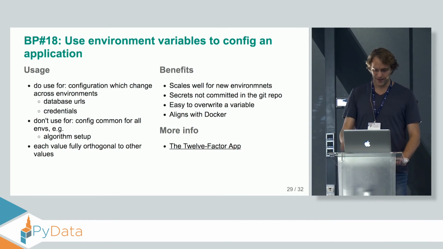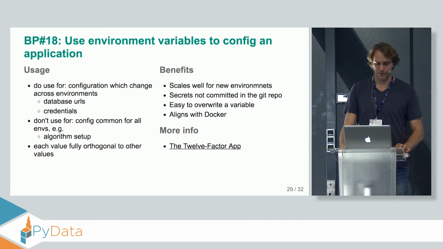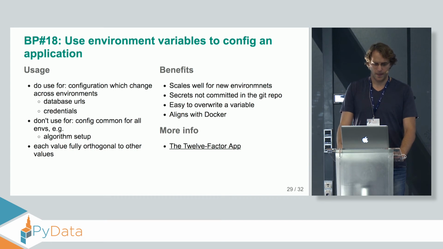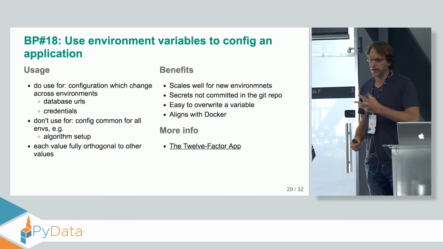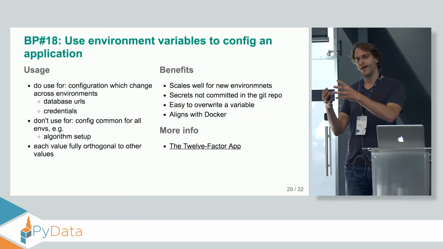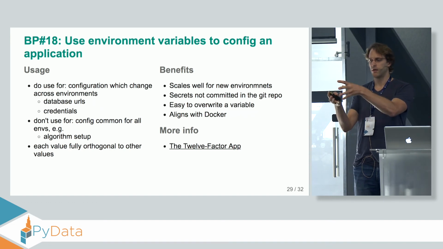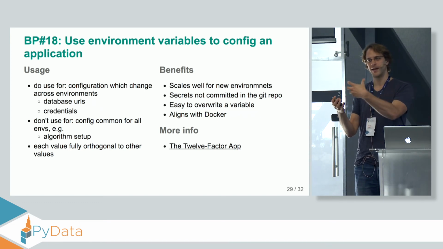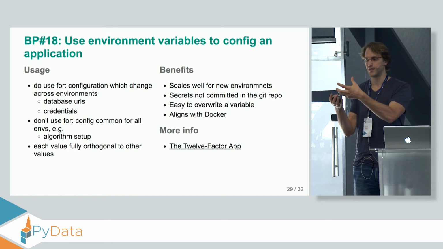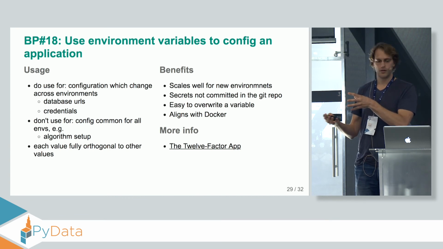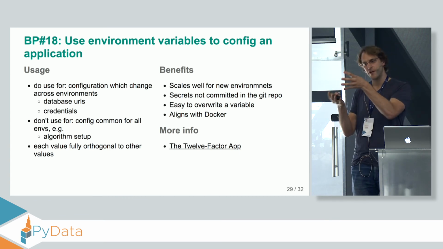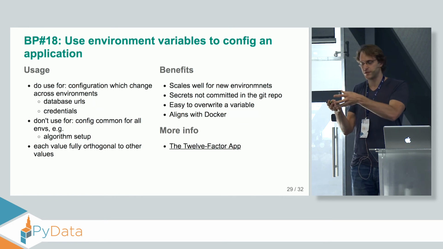Another one is to use environment variables to configure applications. What helps is if you treat your application as a black box. Docker is good for it because Docker enables you to do it like this. You can take this black box and run it in any environment, your local machine or in production. It's the same black box, the same image.